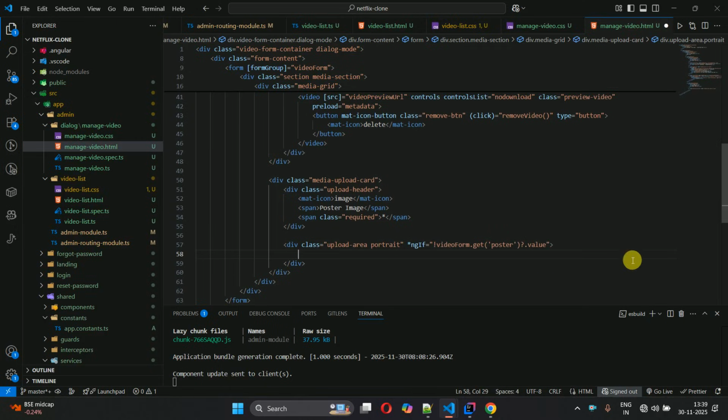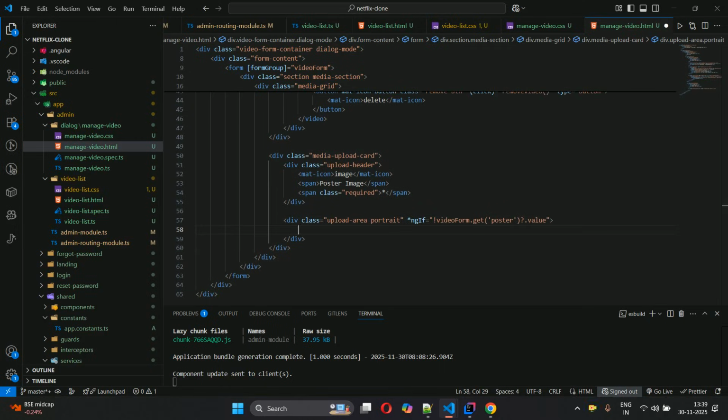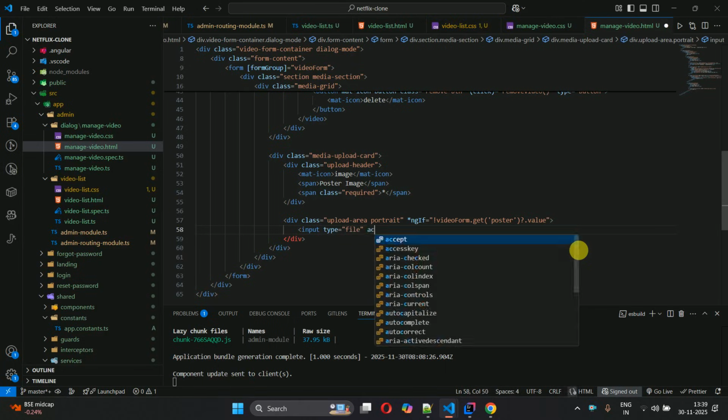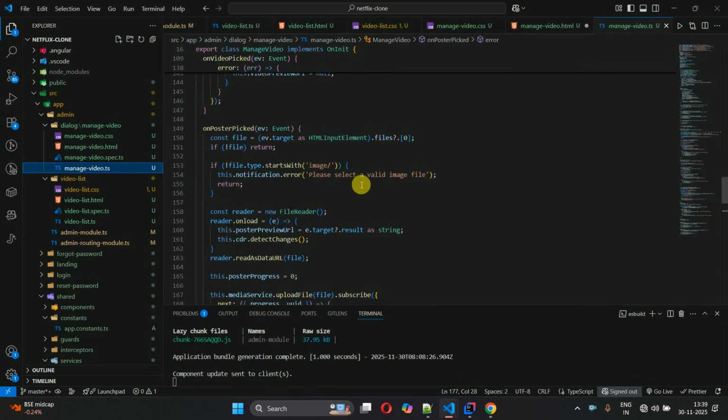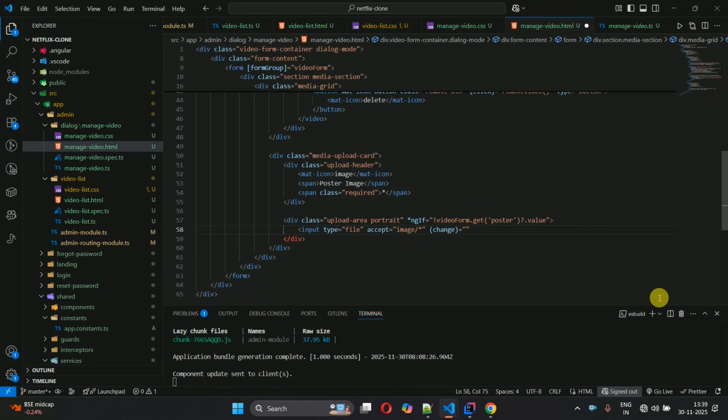and inside this one we are going to select the input fields, input fields we are going to create. So input type file, and then accept image/*, and then we have to change. On change we have to call a method, it should be small, and on change we are going to just call a method, so that method will be onPosterPicked. This method will be called, and in this one we have to just write like this, and then $event,